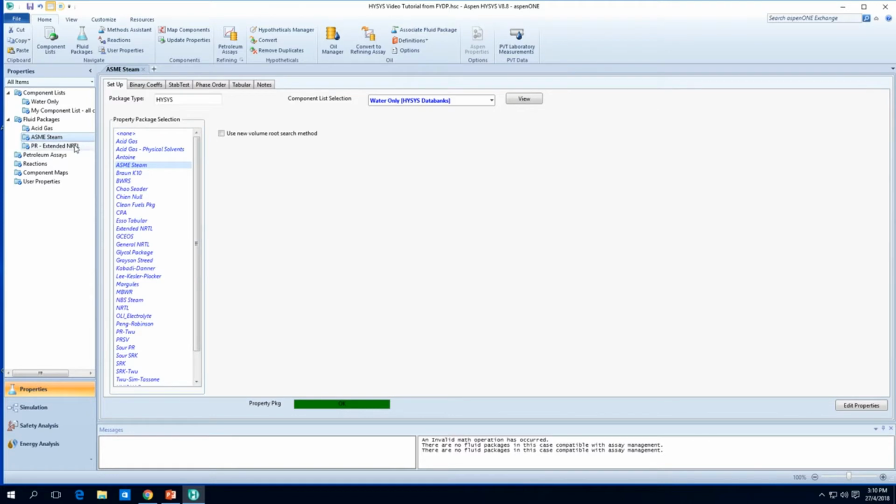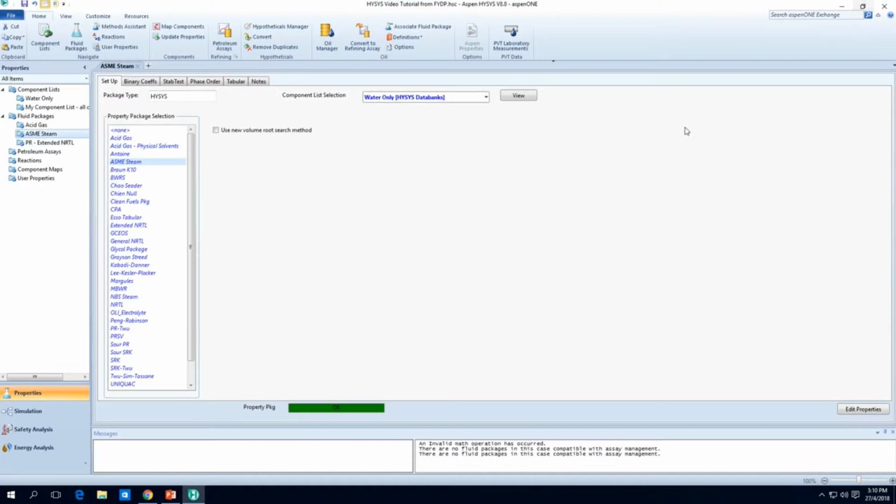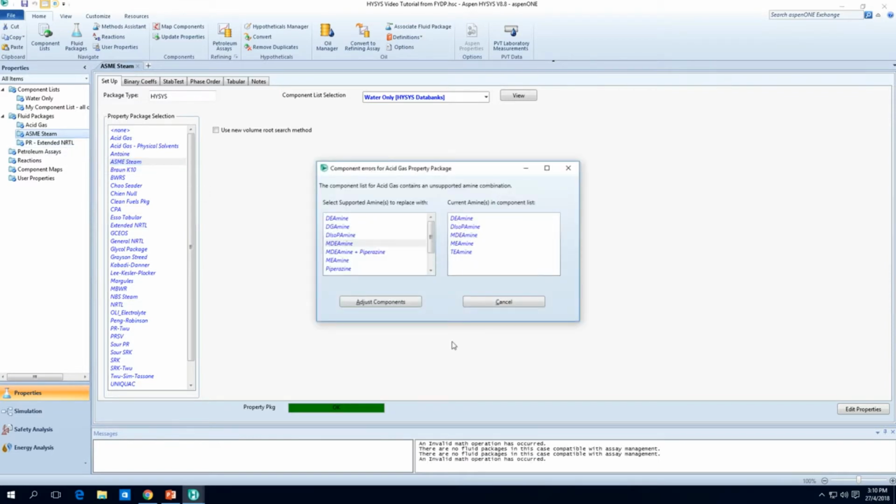And yeah, in the last video we talked about adding the component list and some of the fluid packages. So we want to continue on that. So I'm just gonna use the last file. I'm gonna press save. However, the thing is that when I press save, you find that there are component errors